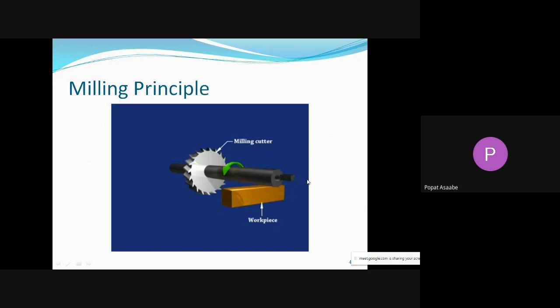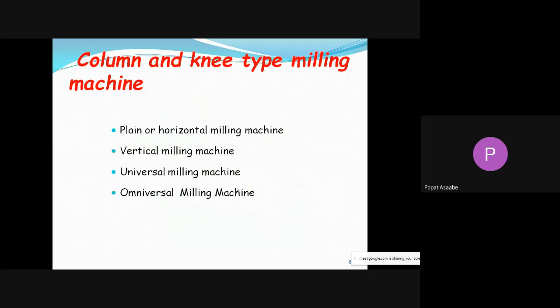When we give the supply to the milling machine, the motor starts rotating, which means the spindle starts rotating, and when the spindle rotates, the arbor rotates. Along with the arbor the cutter rotates, and once the cutter is rotating, we feed the workpiece against the rotary cutter, and the teeth provided on the periphery of the cutter will remove the material from the workpiece. This is the simple working principle of the milling machine.